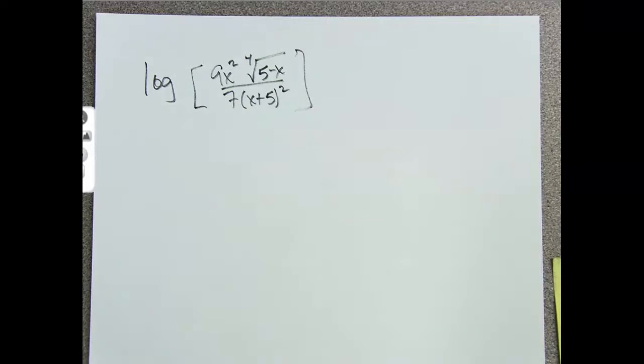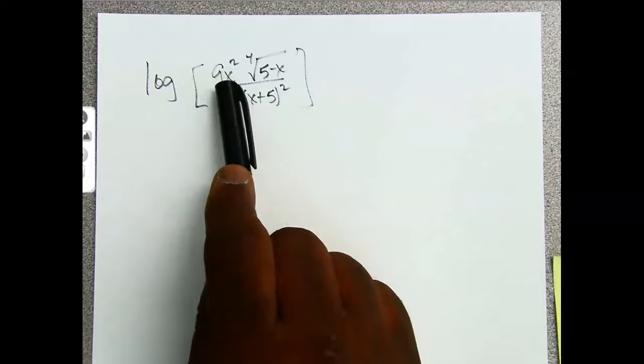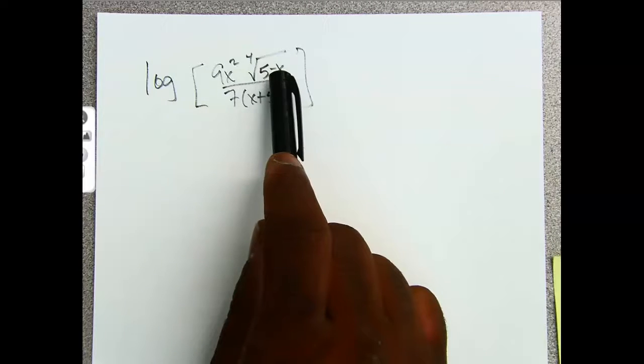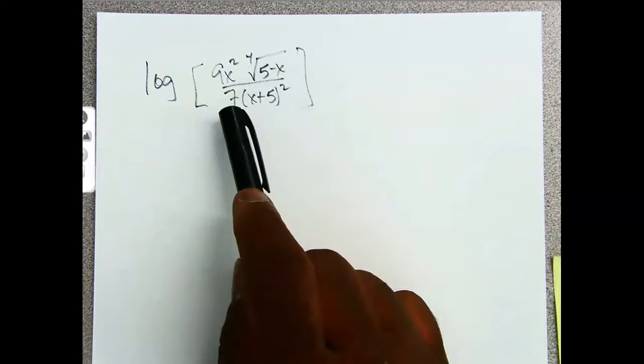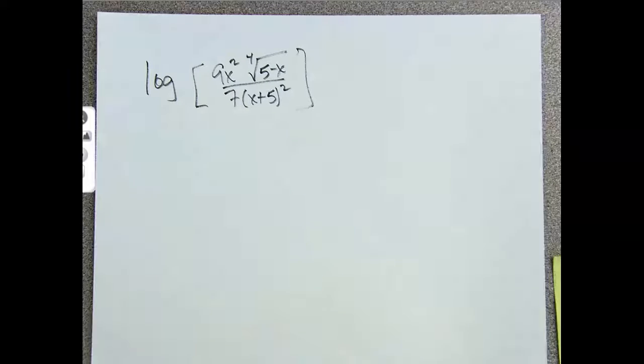so this particular problem, yesterday what I noticed is that a lot of you were not treating the numerator as three products. You were treating the 9x squared together, and that's not the case. This is 9 times x squared times the fourth root of 5 minus x, divided by 7 times x plus 5 squared. So when we go to expand this,